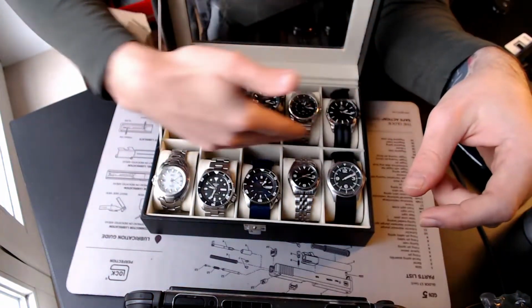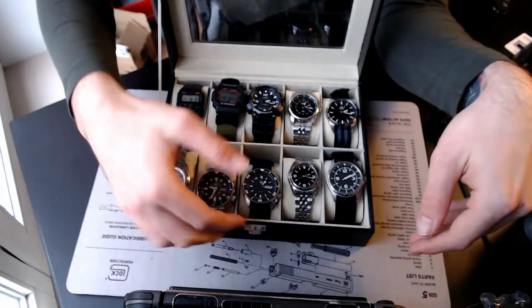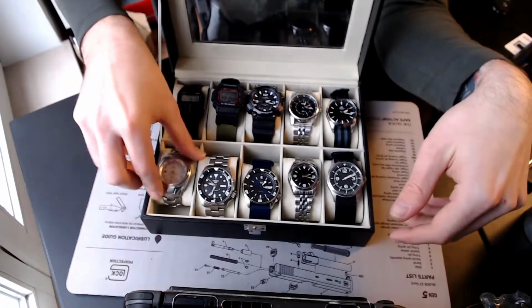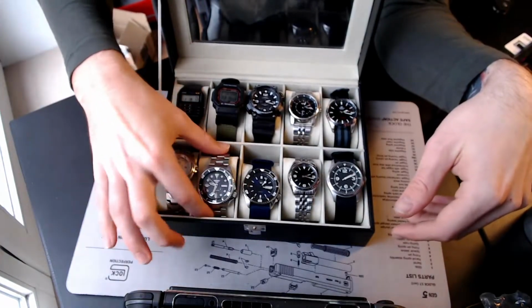So we're leaving the Casio line, and now we go into the automatics line, except for this one. This is a solar powered Citizen. We got it before, but I just need to put it somewhere, don't I? We got